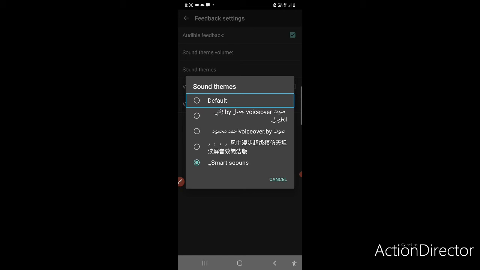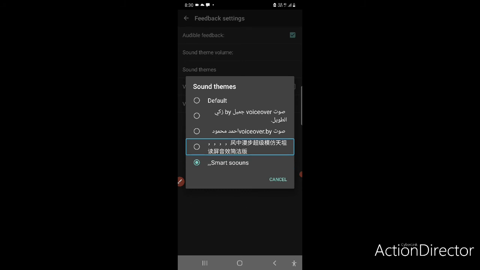So when we start using this screen reader, we can get additional sound themes on our device. And there is one default sound theme provided to us by Google Talkback that is already there. So now we can set Voiceover by unchecked. Double tap to select. Voiceover unchecked. Double tap to select. Okay, these are all my sound themes. Unchecked. Double tap to select. Smart checked. Cancel button. Unchecked. Double tap to select.